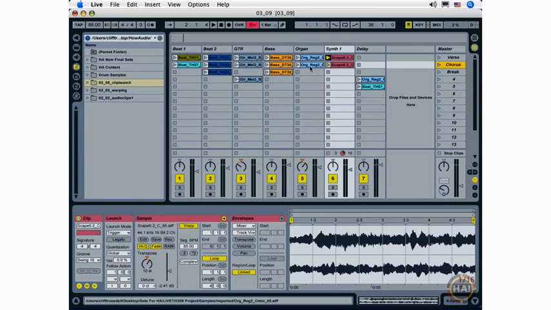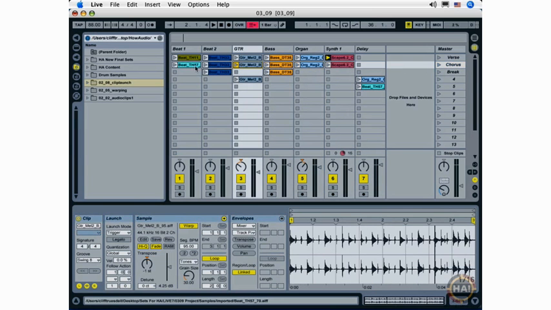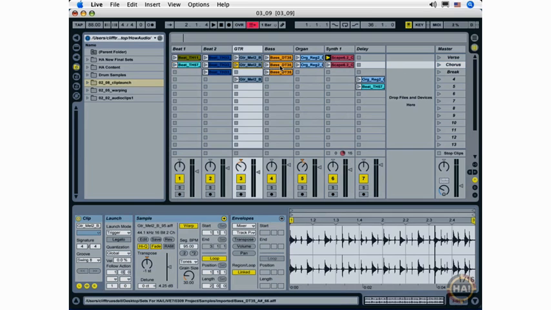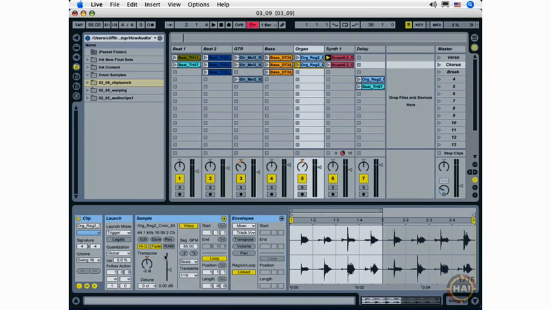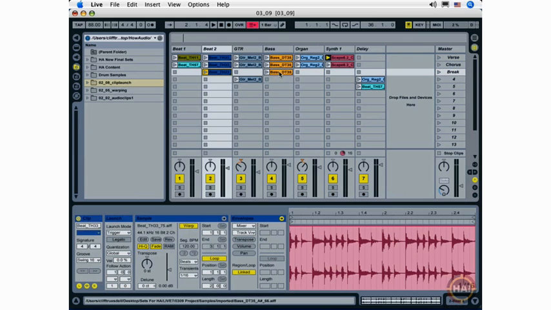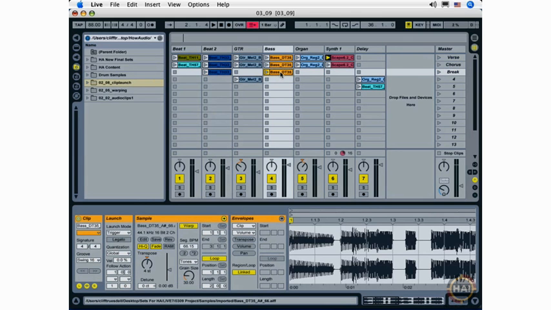In my chorus scene, I have essentially the same exact loops with the one drum beat switched out, and in this case, each of the melody loops has been transposed down 2 semitones from wherever the settings are in the verse scene. For my break scene, I have one of the drum beats and the bass clip, and I'm going